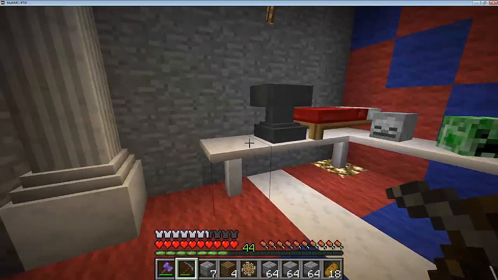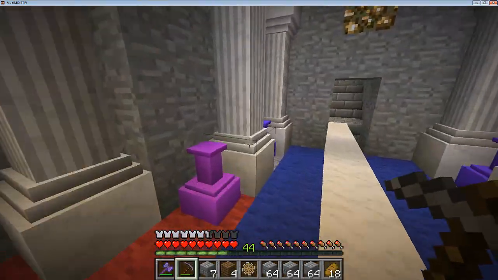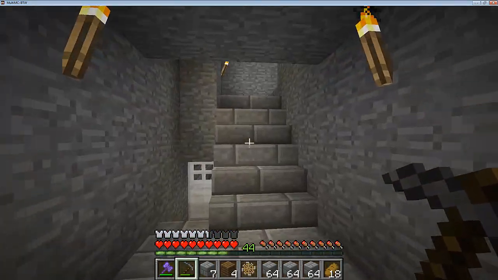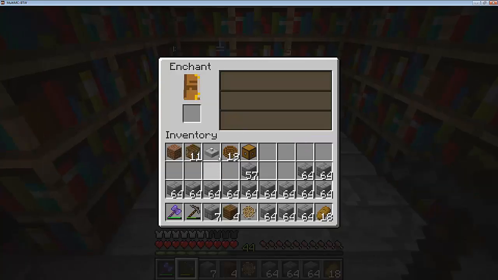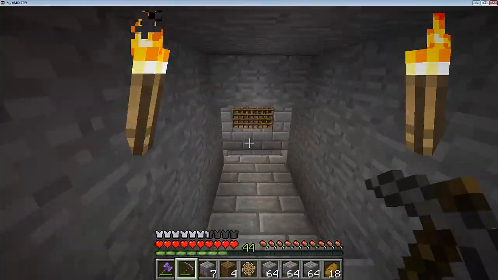My trophy room is looking pretty good. I wish that dog that just saved my ass had made it. I would have him sitting right here. But yeah, moving on. We're just kind of doing a little tour and going through some stuff we need to finish up. My vanilla enchantment room, that's pretty much done. I do need to...